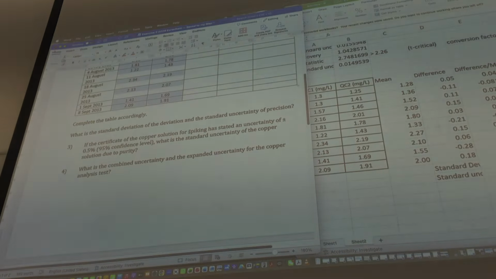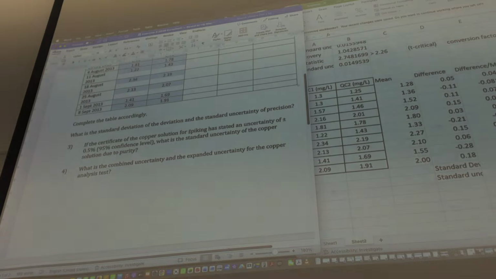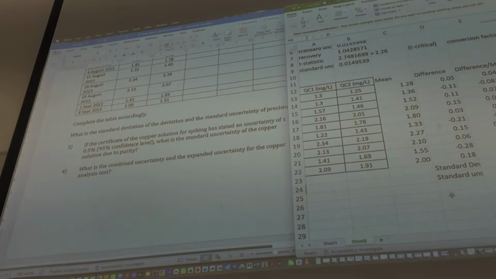So it is 0.005 for 95% confidence level, and you have to convert back to standard uncertainty. How to convert? Divide by k. Usually k is 2. So you would have the uncertainty of